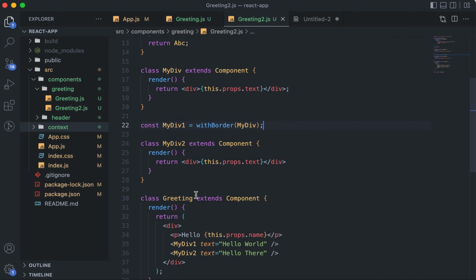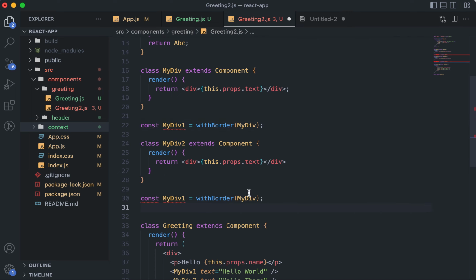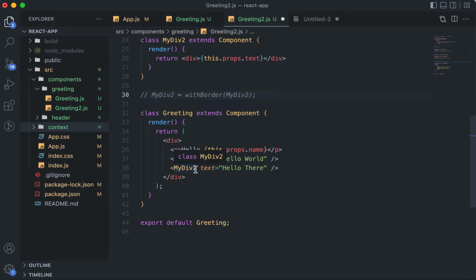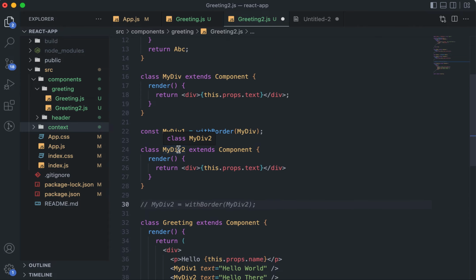So I can exactly take the similar thing and I can wrap it. I will take my div 2, let's say my div 2 extended, whatever, some new component is there. In fact, you don't need to do that. I just gave you an example there. In fact, you could use the same name exactly like this also. Then you'll see that if I don't use this, then my div 2 component, whatever is being used, then that